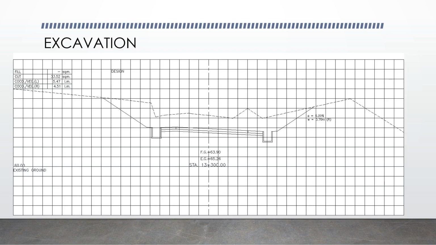In actual design of roadway, we make this and we compute the area of fill, area of cut on the cross section. And we also record there the additional items needed because these are essential in computing the cost